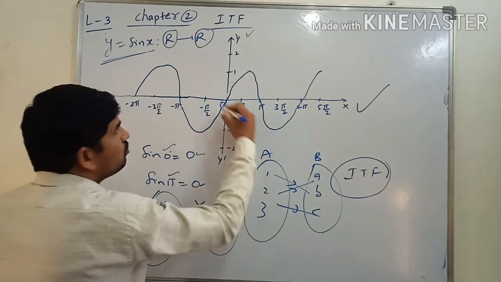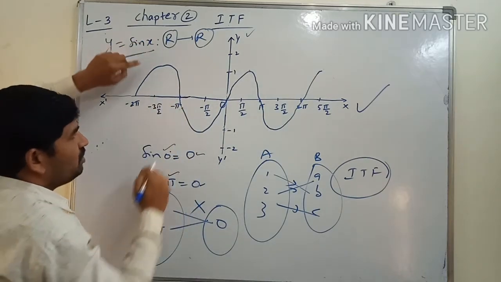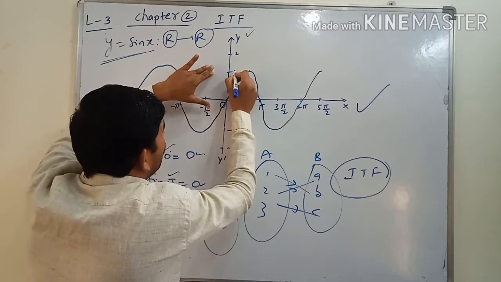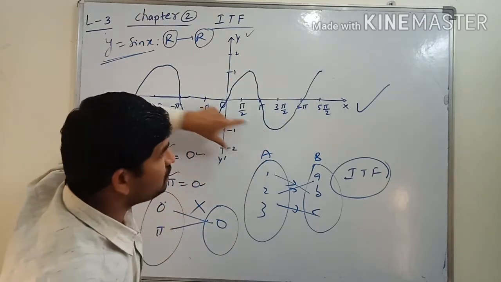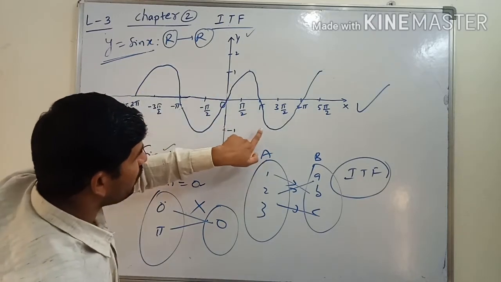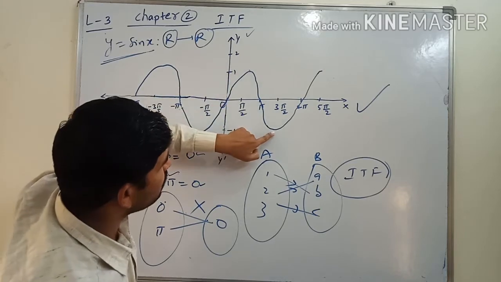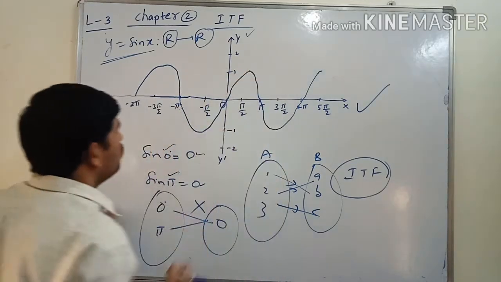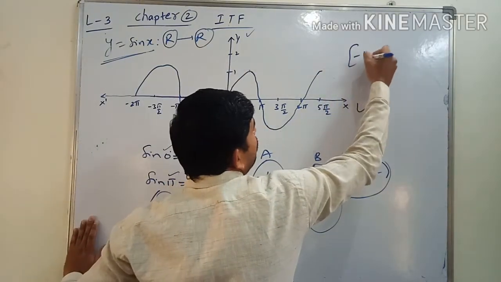By substituting all the values from the domain in this sine function, we get the range only between -1 and 1. Yes or no? By seeing the graph, we observe that it lies between -1 and 1. See there? So the graph is formed like this. The range of sine is always between -1 and 1.